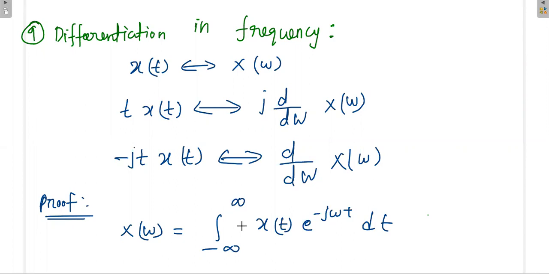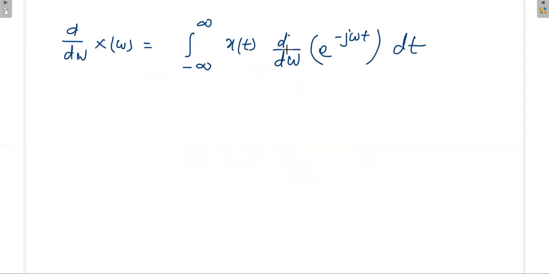Again, the right hand side first consists of time domain values, that means x of t is a function of time, so our differentiation will not affect this. That's why we are taking the differentiation only on e power minus j omega t, because this is the only term that consists of omega. All other terms have only t. So when you differentiate with respect to omega, t is like a constant, so we apply the differentiation only to this term.